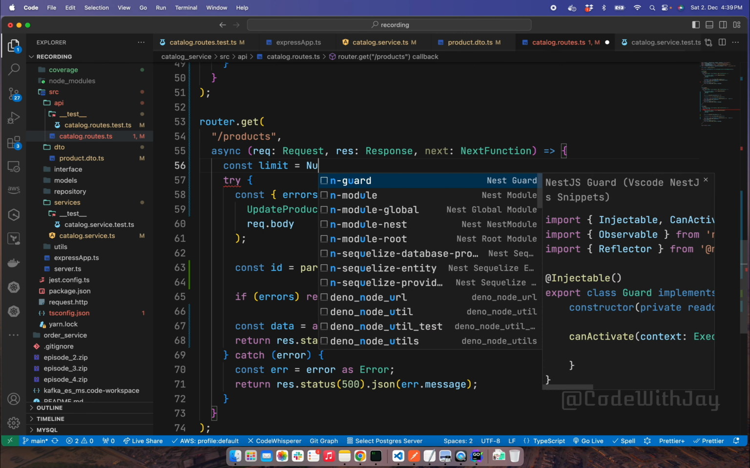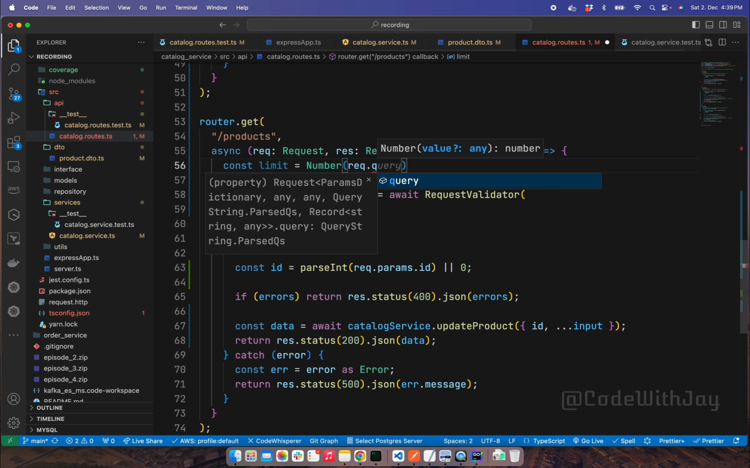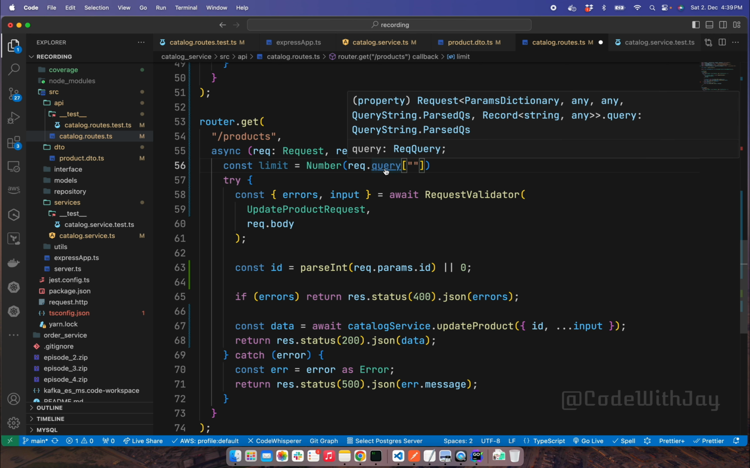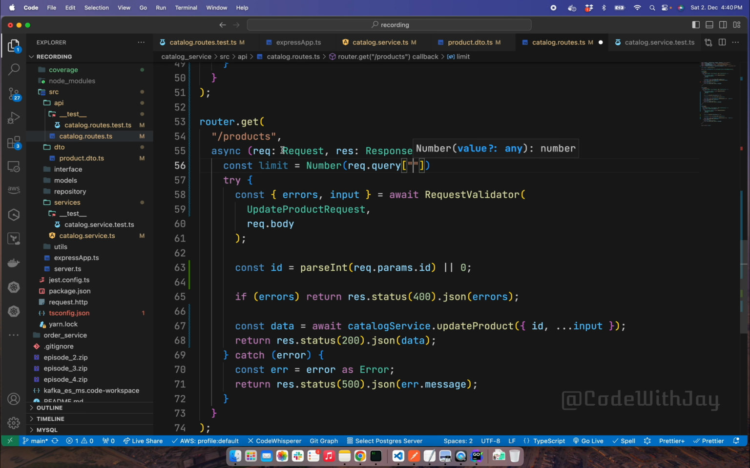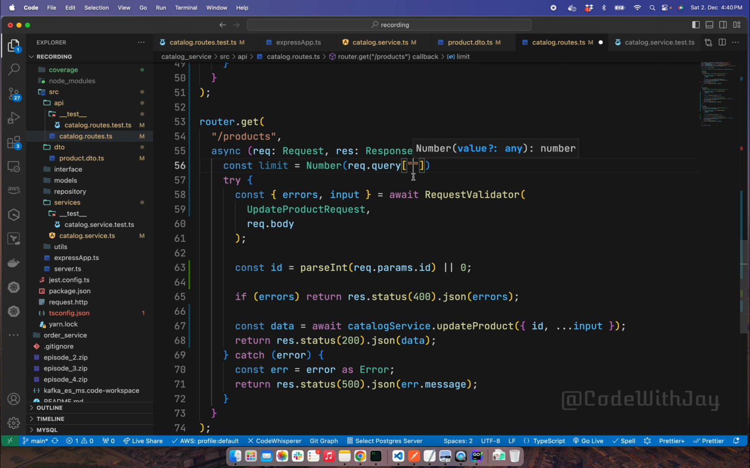Console limit will be number, will be request.query, and here, because the query is a kind of dictionary, if you can see, it's a kind of parameter dictionary, right? Whatever parameters you are going to send are going to be stored right here inside the query. So you can read the parameters, just like limit, adding the limit here, and